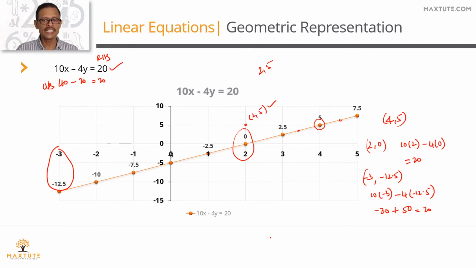So what does a linear equation in two variables mean? A linear equation in two variables represents a straight line. If there is a value of x and y that satisfies this equation, what does that mean? That's the coordinates of a point lying on that straight line. If the values of x and y do not satisfy the equation, then it means that we are talking about coordinates of a point which is not lying on the straight line. So this is a geometric representation of a straight line and what a value that satisfies this equation means. Let's move on from here. We looked at what happens for one line.